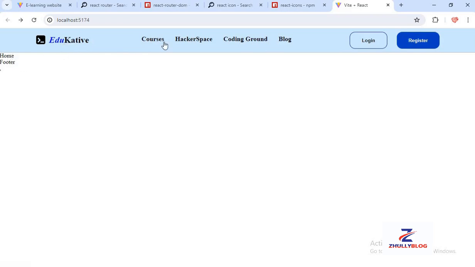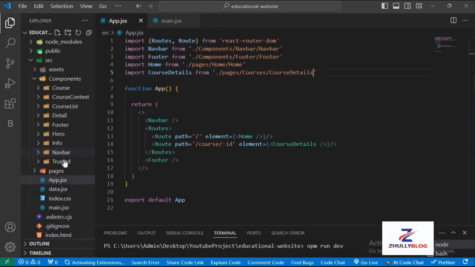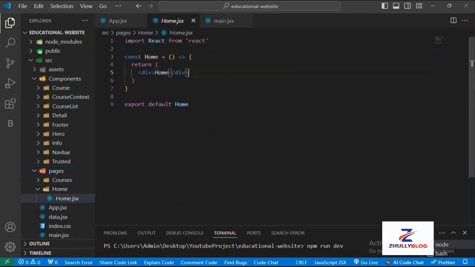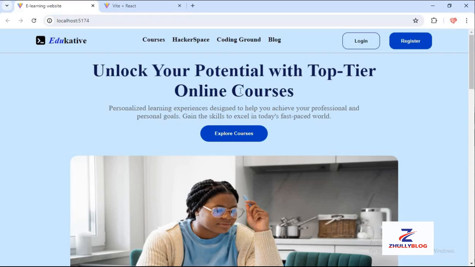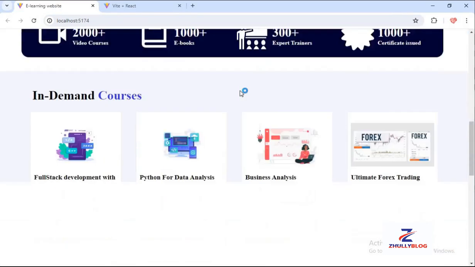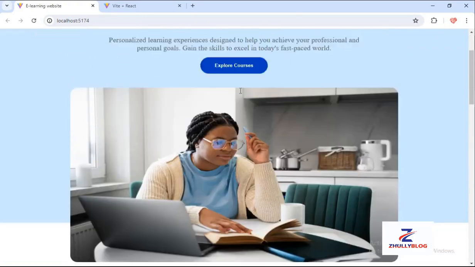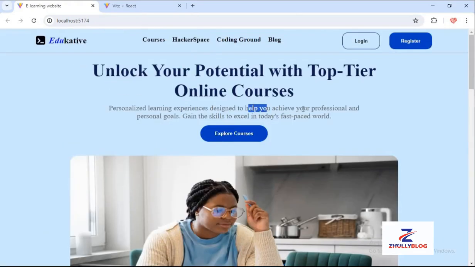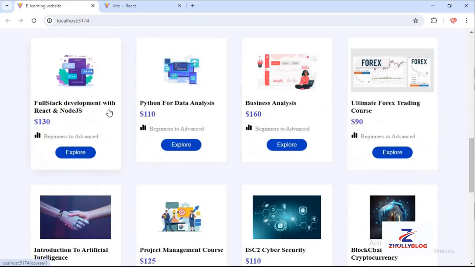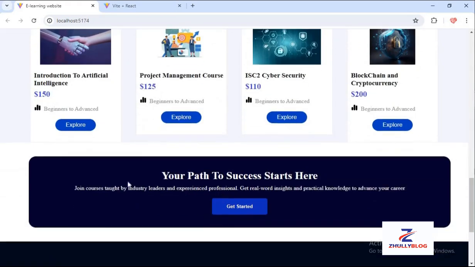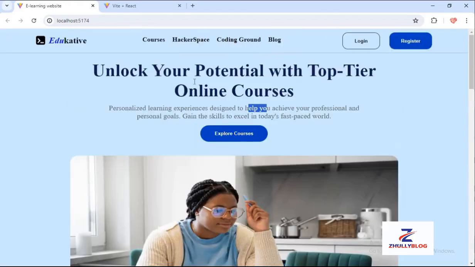Next thing I'm going to work on is this home page. So in the home page right here, we have this hero section. So we're going to start with this hero section. We have this alumni page. We have this as well. We have the courses as well, and we have this path to success. So the hero section,